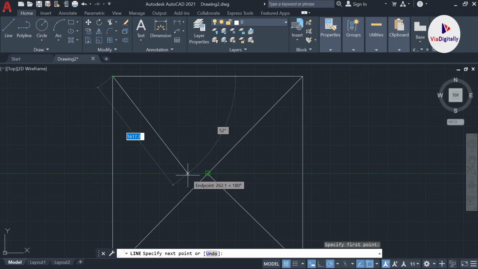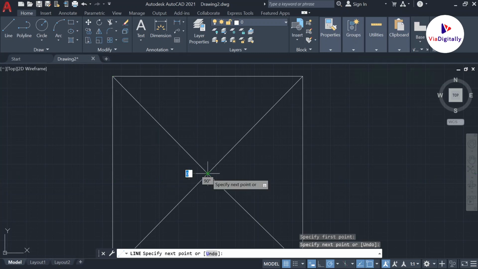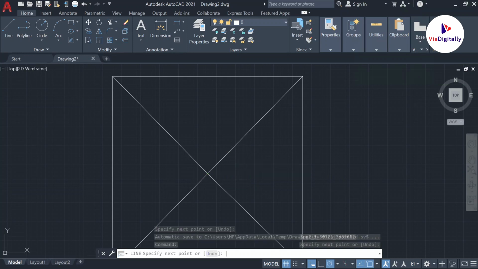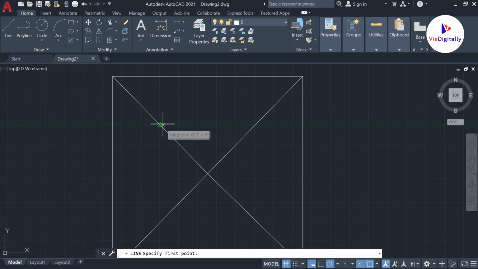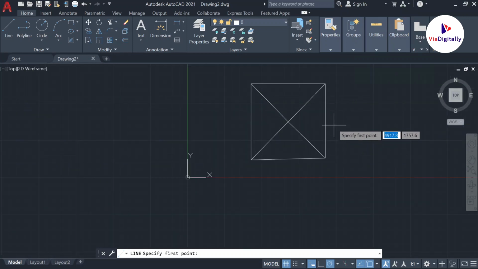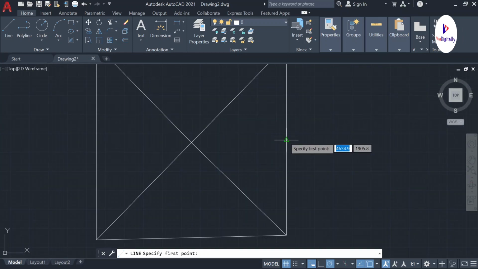When you're drawing the perpendicular line, you can see the perpendicular symbol, and when you're drawing the point, you can see the square symbol. But for the midpoint, you can see a triangle symbol for every line segment.